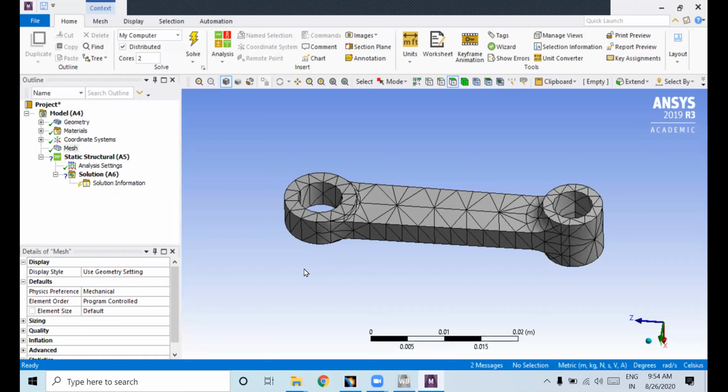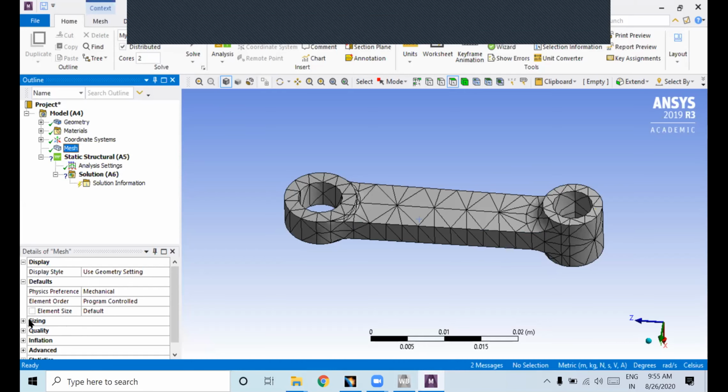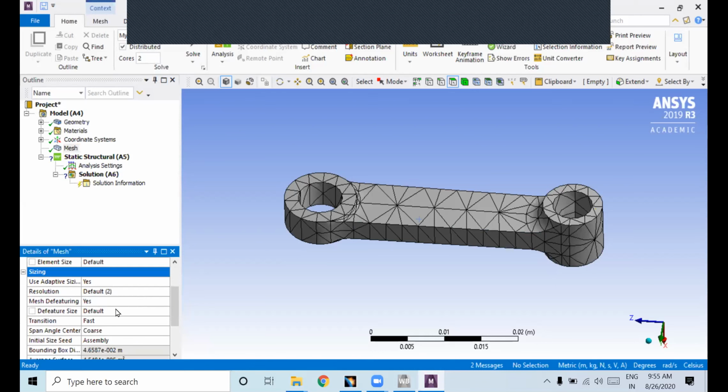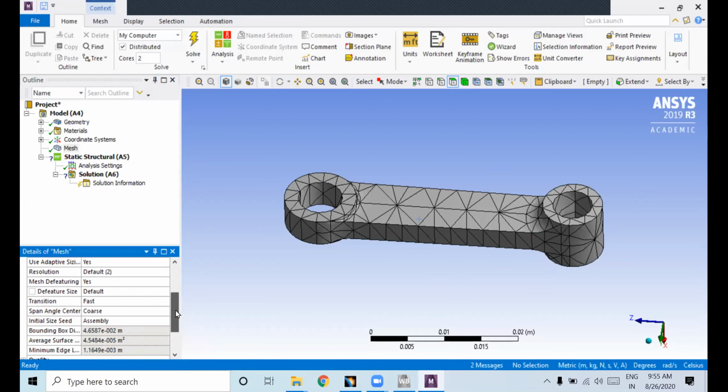As I told you, you need to mesh finely. So click on this mesh again. Here you have sizing, right?